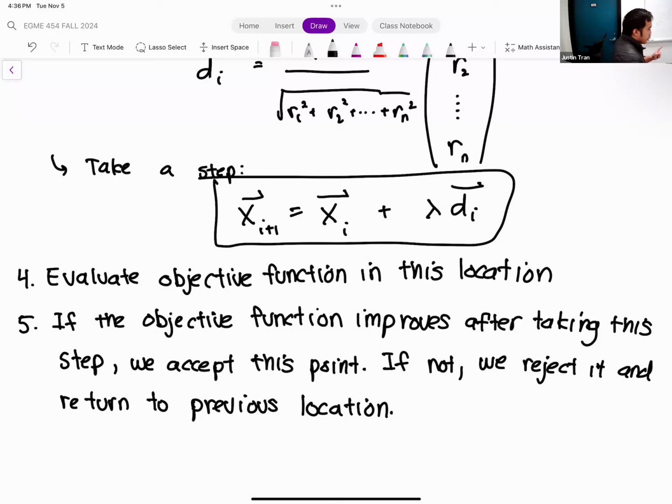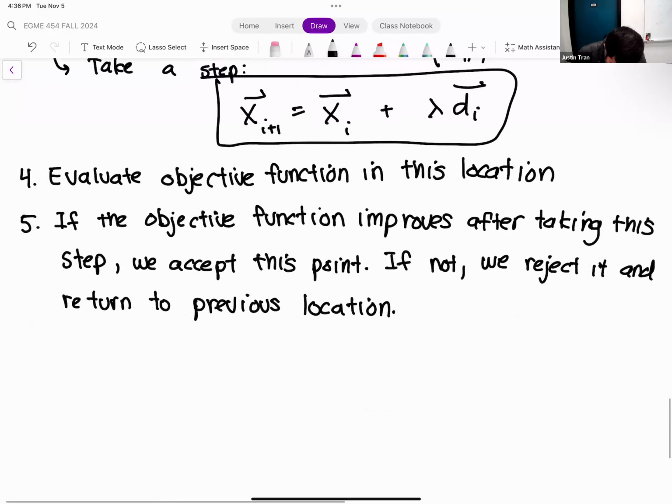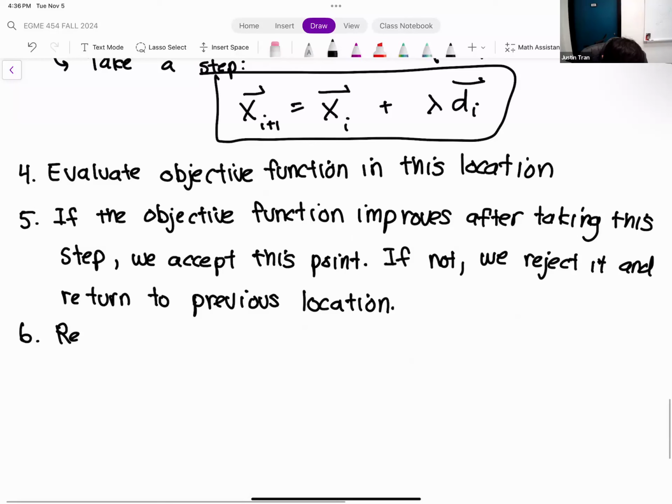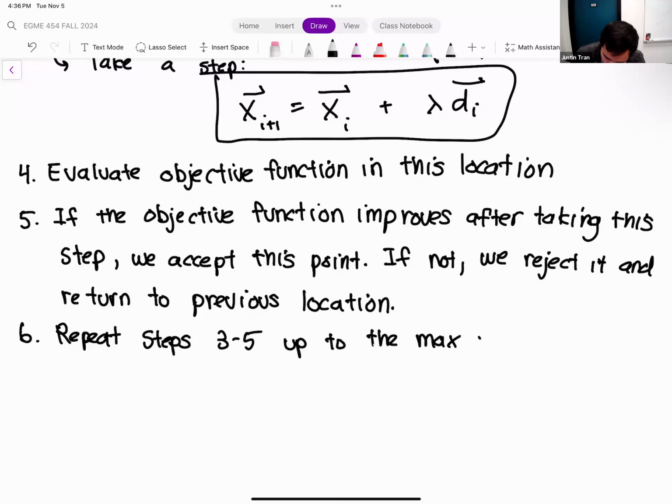Step six is just to repeat steps 3 through 5, up to a certain point. We're going to repeat steps 3 through 5 until we reach the maximum number of iterations.